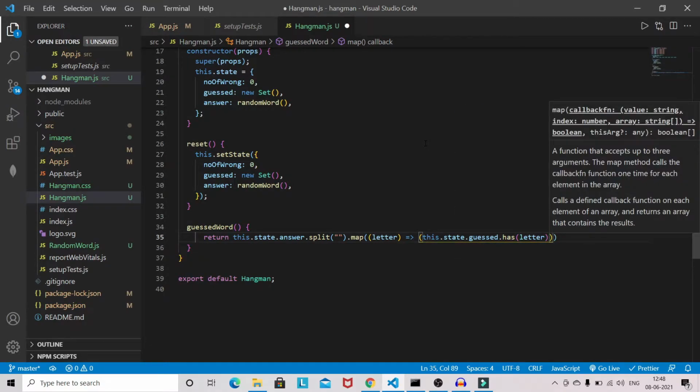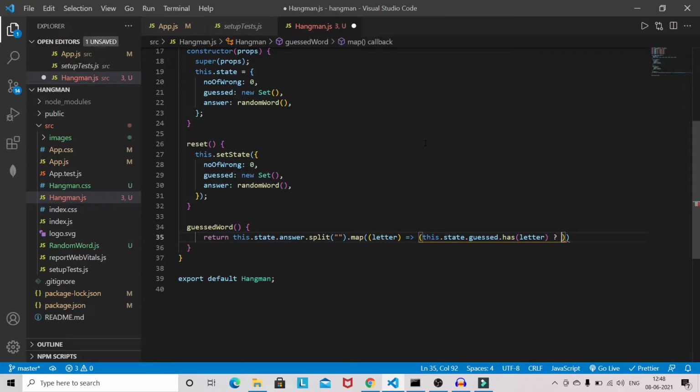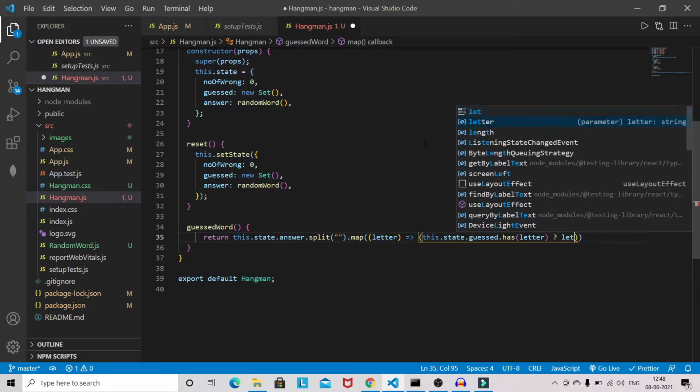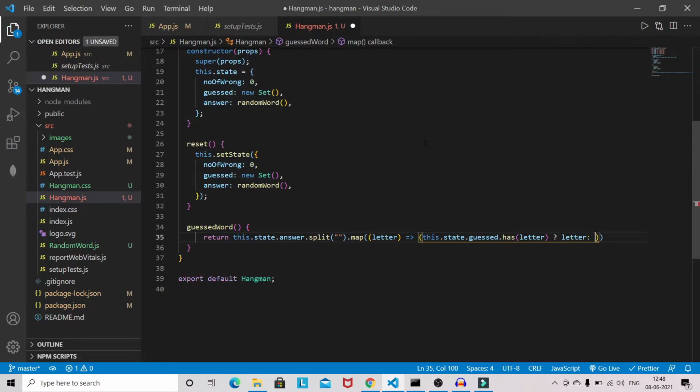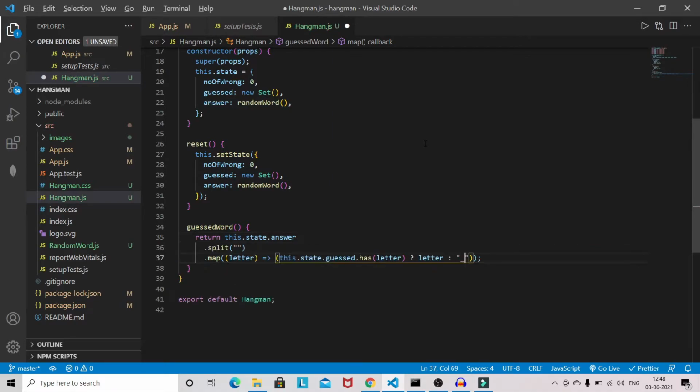So if the letter is there, we will show that letter, else it will be an underscore. So you will understand all these things later.